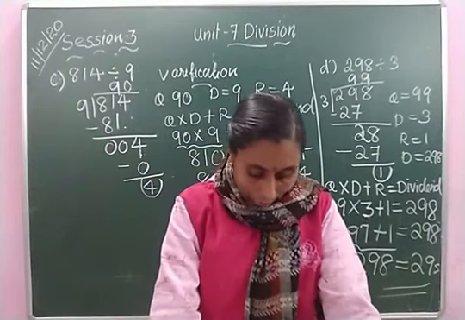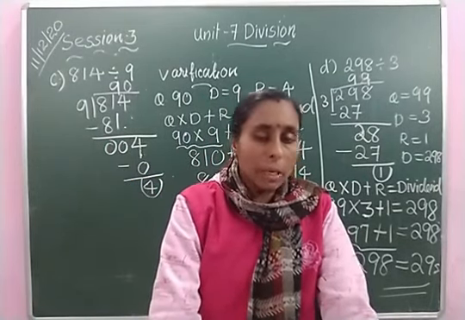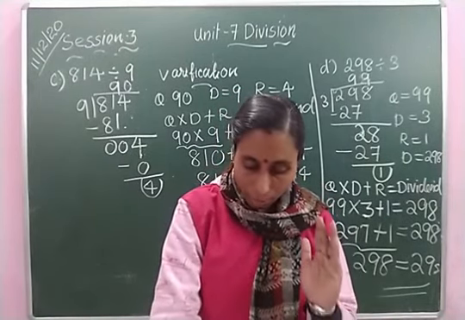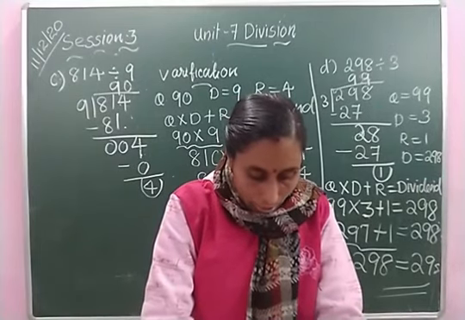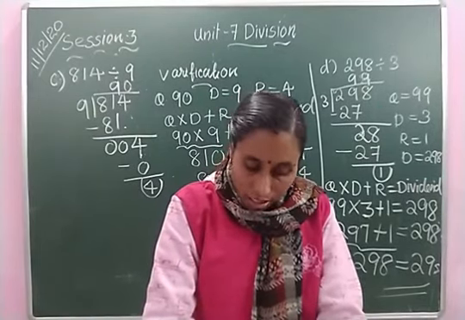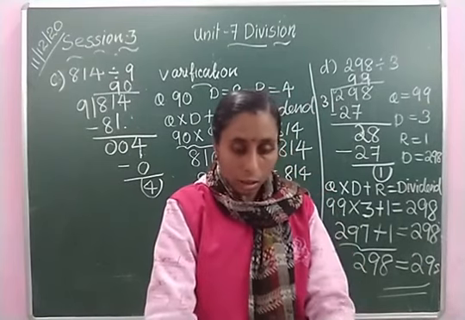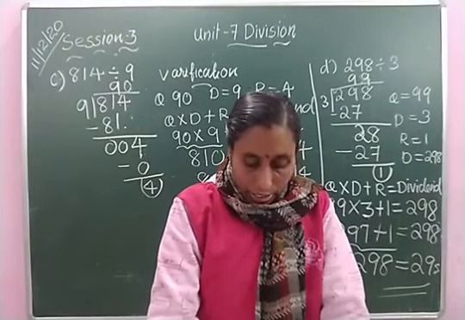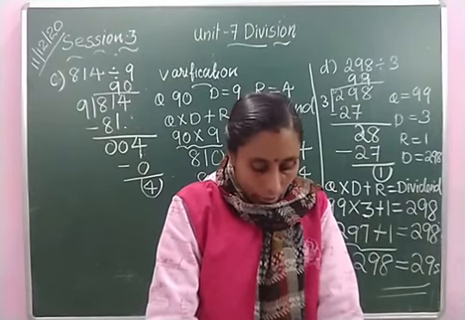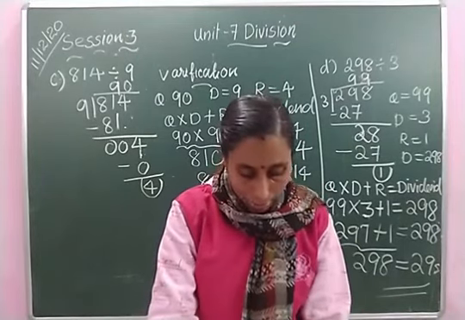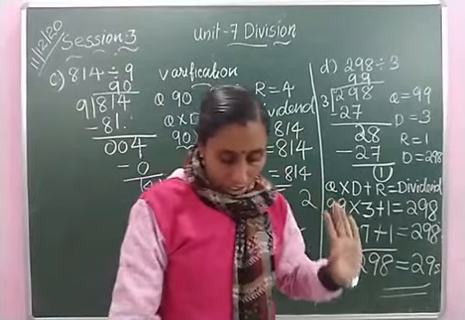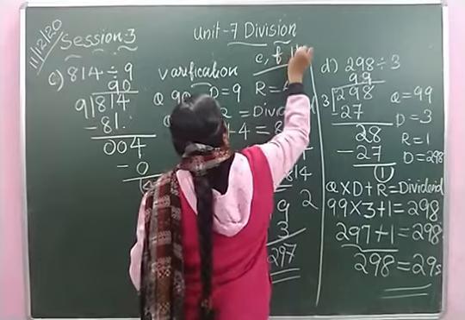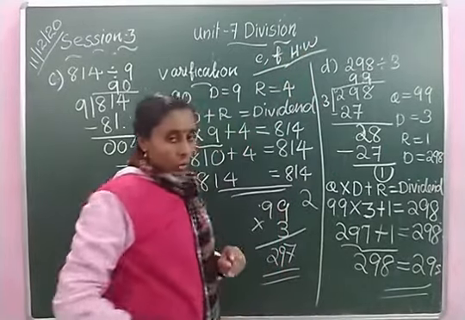I hope all have understood this topic. So please make sure to complete your work up to date. Now we have completed exercise 7.2. Question number 1, A, B, C are done; I told you to write D, E, F in your book itself. That is your book work. And question number 2, A, B, C, D, E and F do in your copy. Divide and verify, question number 3: A, B, C, D we have done. E and F do it in your copy. E and F, that is your homework. Do it in your classwork copy.